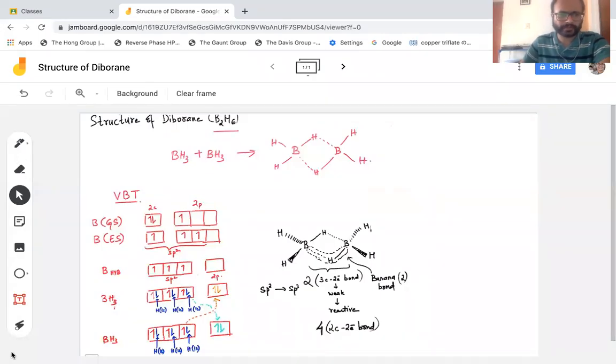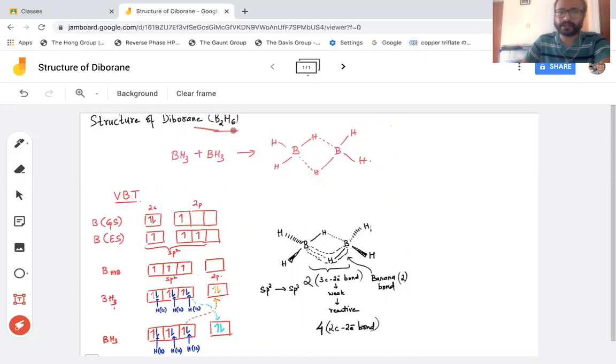Good morning, everyone. So let us look into the structure of diborane in today's class. If you look at the molecular formula of diborane, it is nothing but B2H6. It can be thought of as a dimer which consists of two BH3 molecules. We now have to find out the way in which these two BH3 units are clustered together